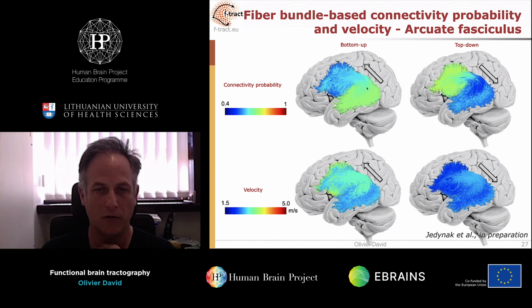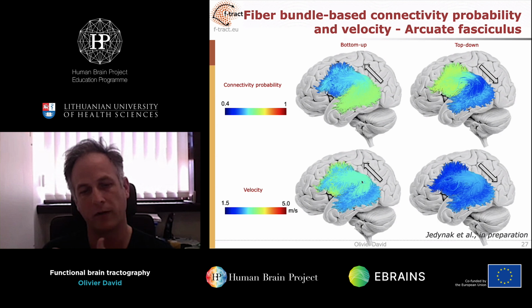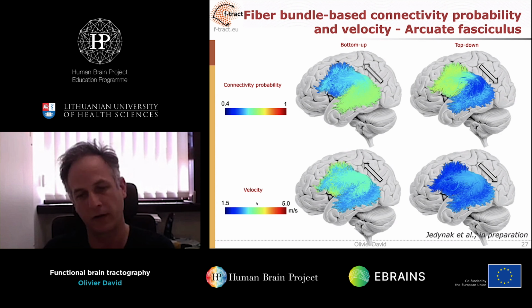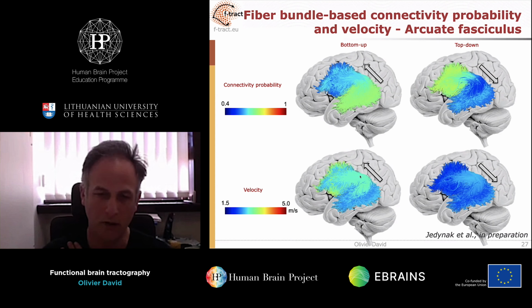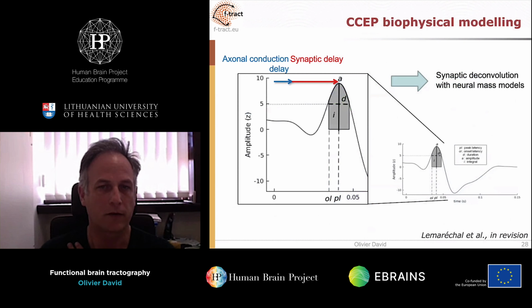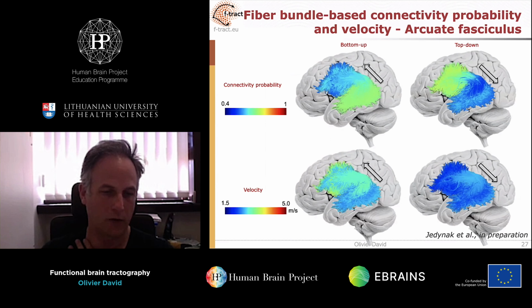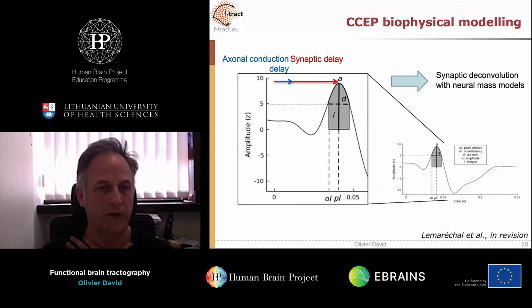So that is just a validation of DTI, of course, but what is more interesting, more novel, is the velocity mapping. We are also able to map the velocity of that bundle in meters per second, according to the delay of the response along that bundle. Okay, so that's preliminary data. We are still developing the methods, and we are trying to put this information into the HBP atlas.